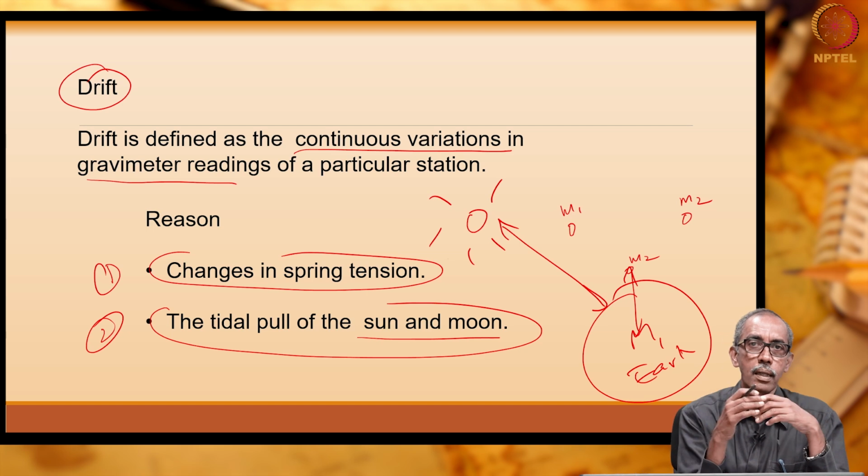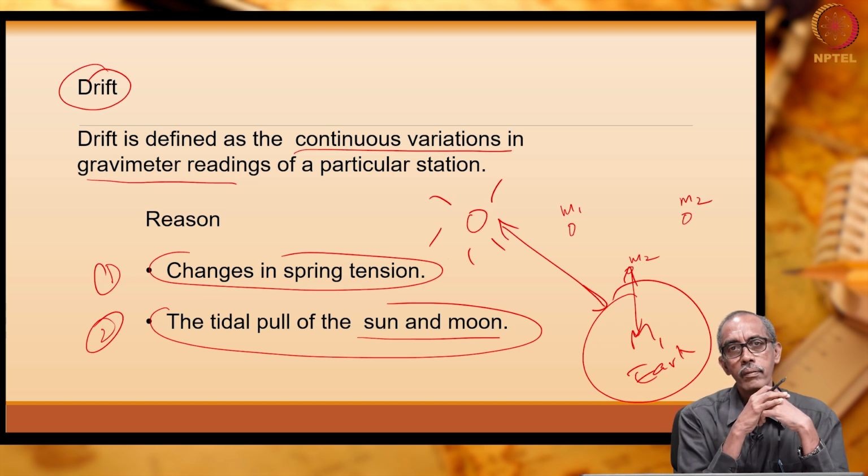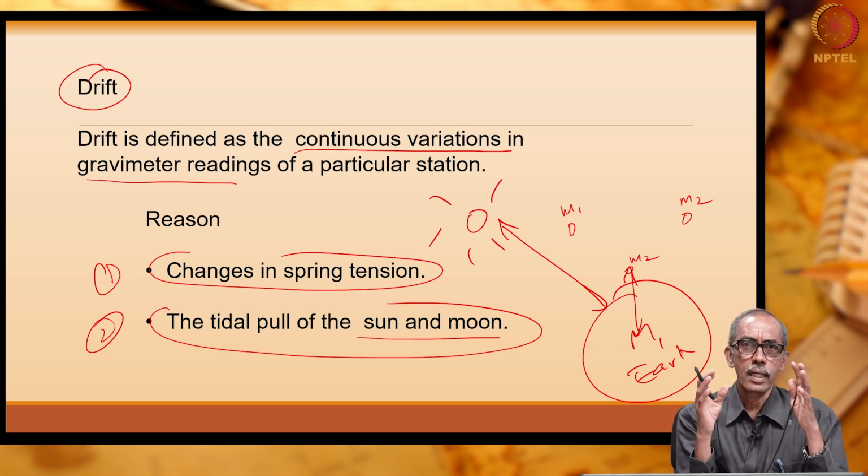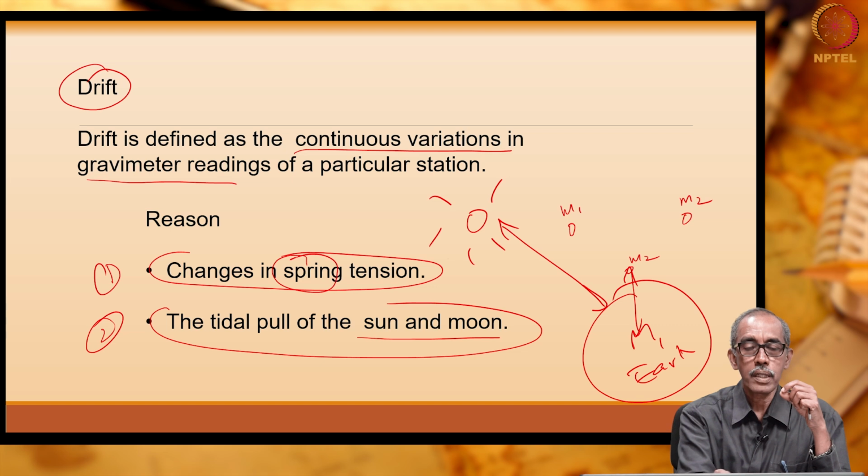Because change in the temperature may make some changes in the components of the instruments, though they take a lot of care. The instruments are made preferably with some natural minerals, so that expansion and contraction is very much minimized, but in spite of all the care, there can be some minor changes, especially with regard to the spring